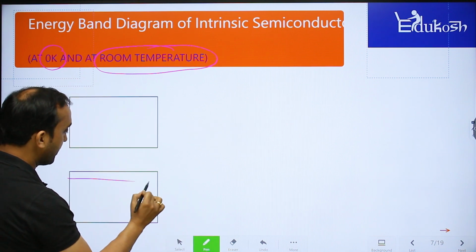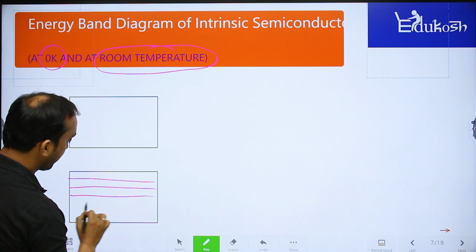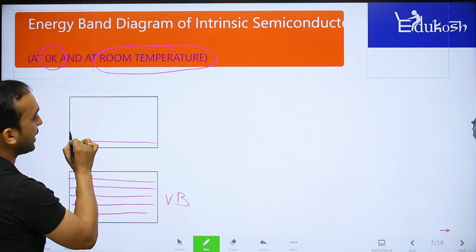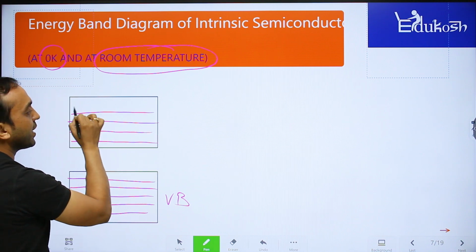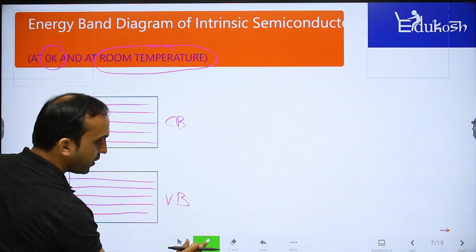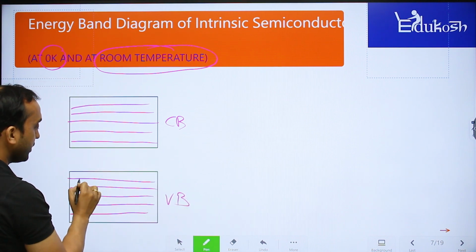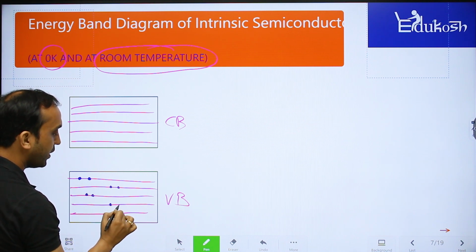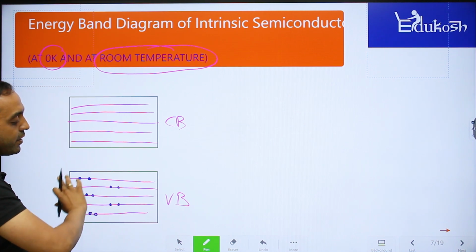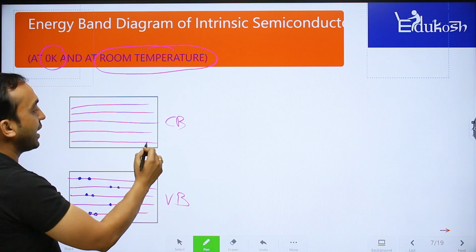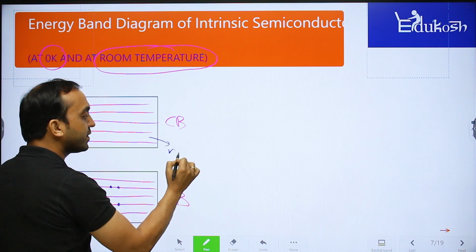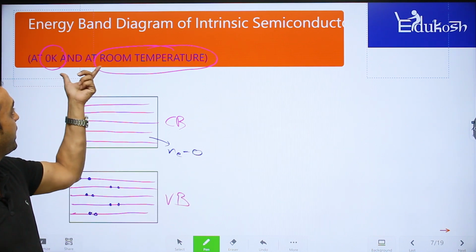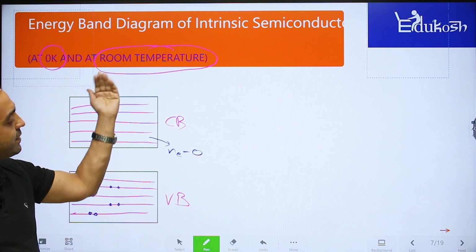Here we are showing the close energy levels in the valence band. This is our valence band, and here we have the close energy levels in the case of the conduction band. Suppose we have the electrons in each energy level in the form of pairs. So you will see that all the electrons remain in the valence band, and the electrons in the conduction band will be 0. So no electrons and no holes in a valence band at the temperature of 0 Kelvin.